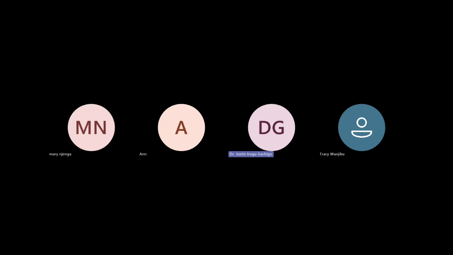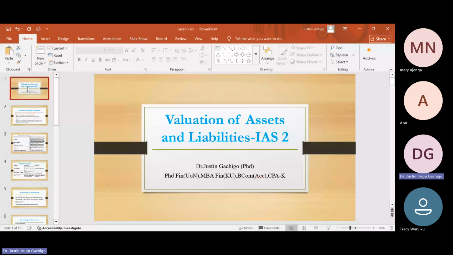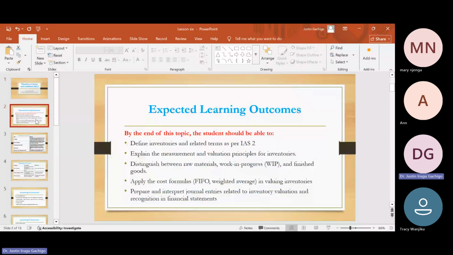The evaluation of assets and liabilities, although we'll focus more on the assets, is normally guided by International Accounting Standard number 2. Now, by the end of this learning, you'll be able to